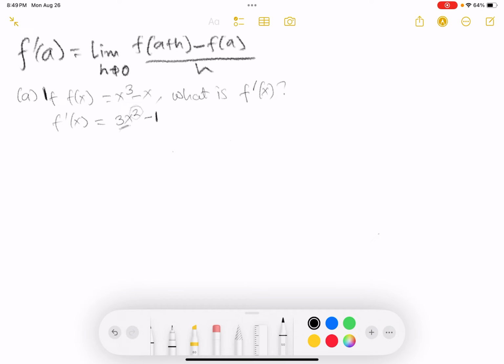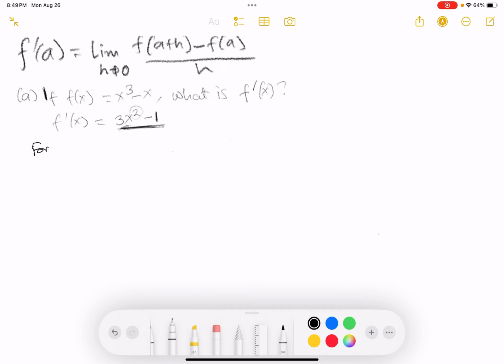If you do have questions about how limits are found, you can post that in the comments and I can make a quick video about it. But let's go to first principles. So we know this is going to be our final answer from a quick derivative standpoint. But if we go to the long way,